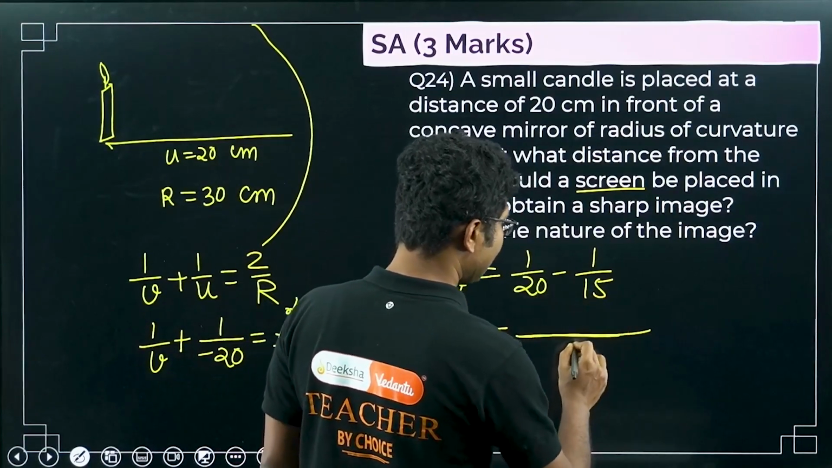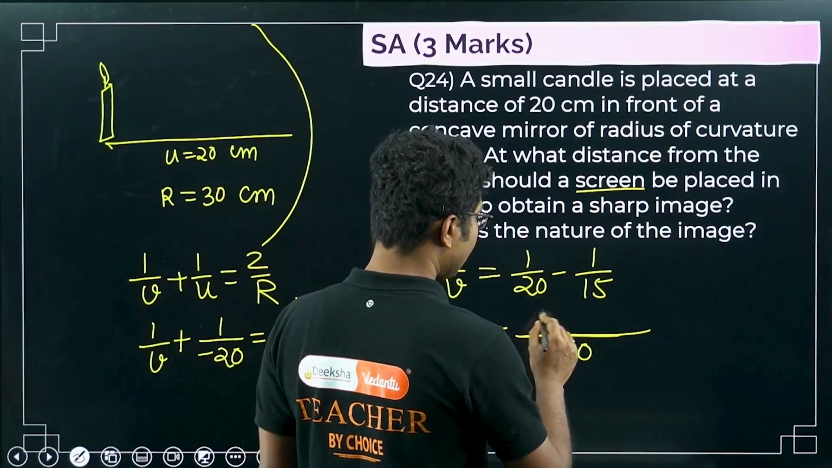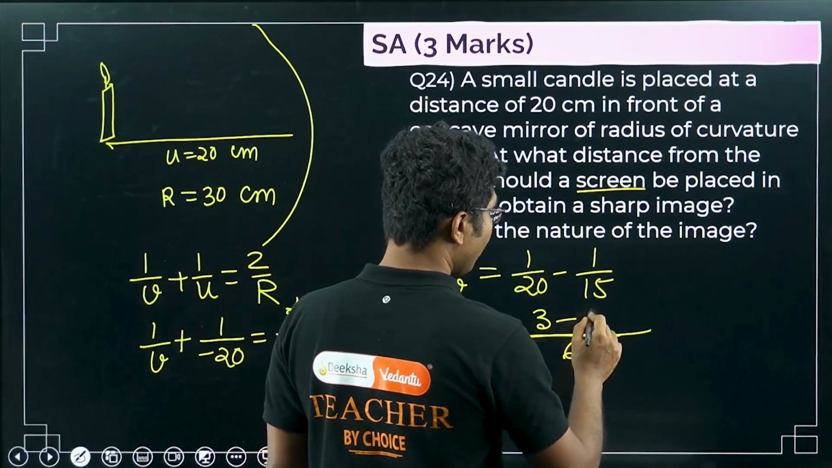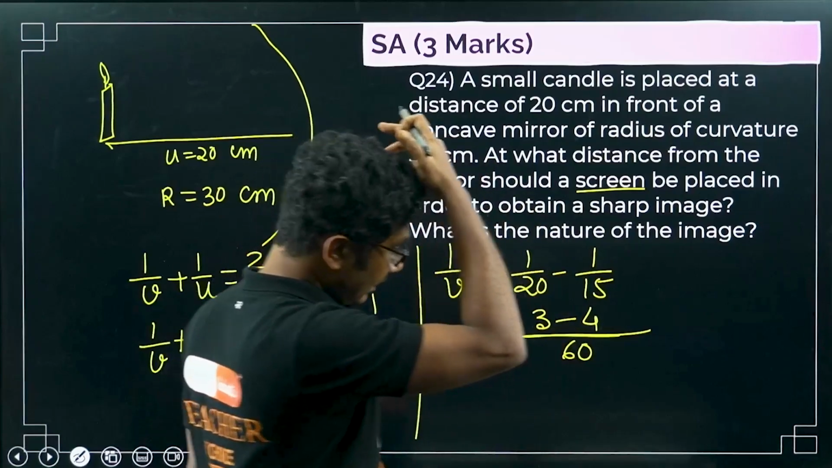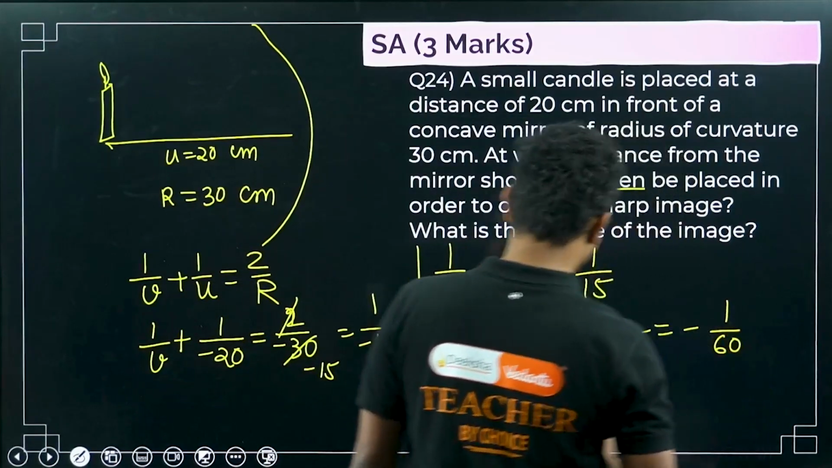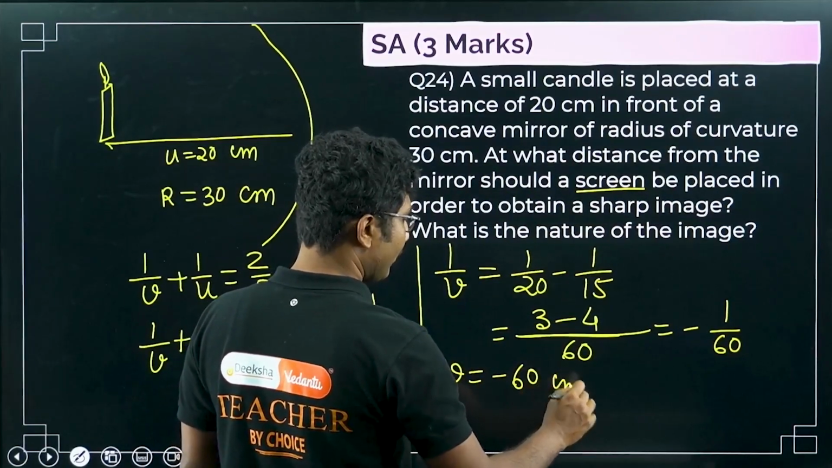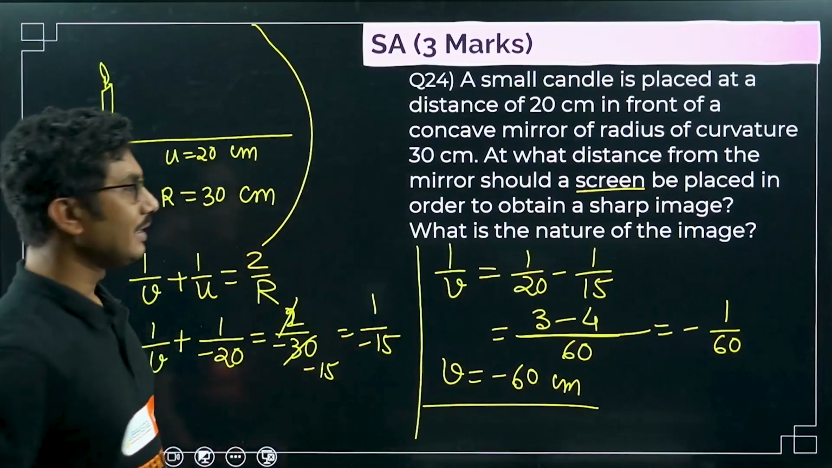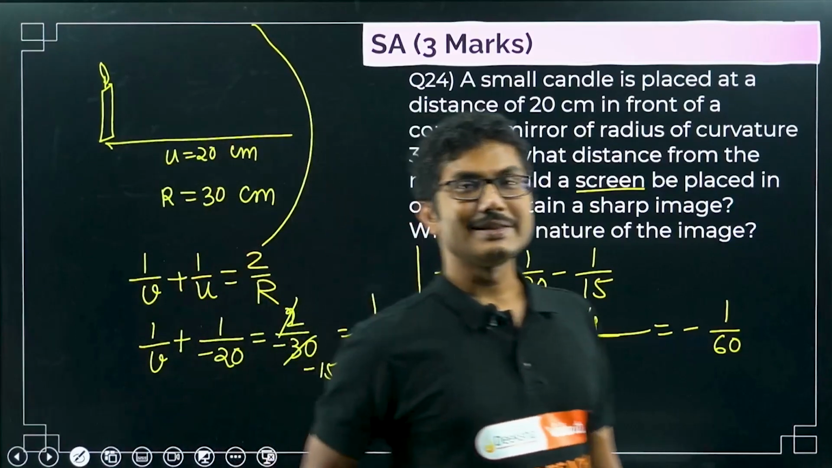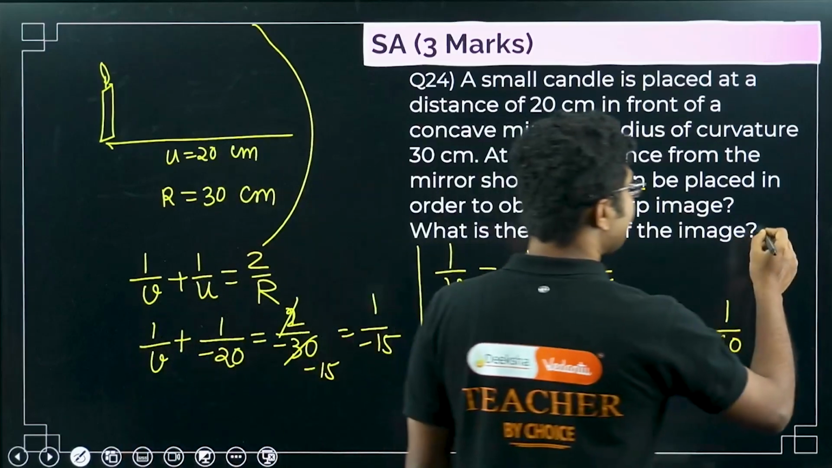So what is the LCM for this? LCM for this is 60, okay. 20 3 20 is a 60, minus 4 15 is a 60, so it will be minus 1 by 60. So v equals minus 60. So where you have to place the screen, you have to place the screen at a distance 60 centimeter from the mirror, and the nature is basically real image,